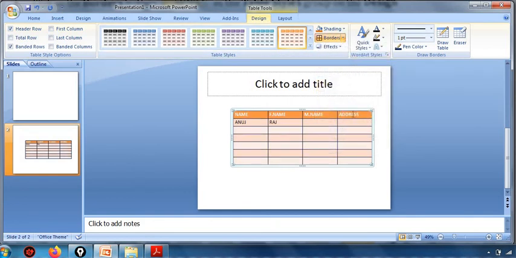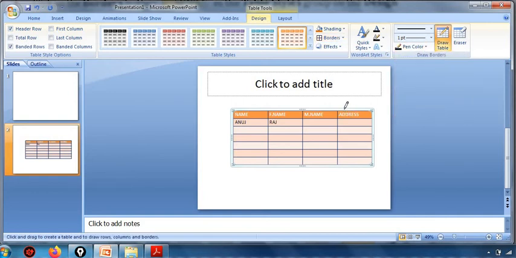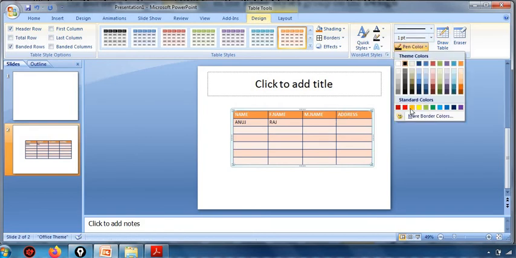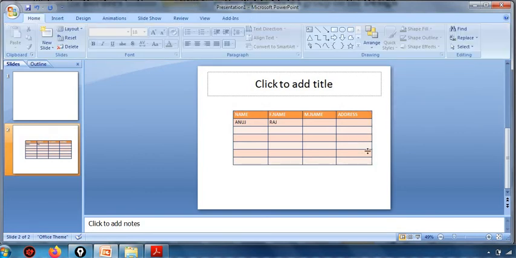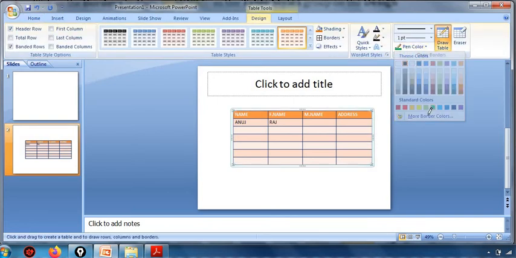Now I have selected the table, and under that I have selected this particular color, and then I will click on the borders. And suppose this green color, if I want to change, then the border will change in that color, right?